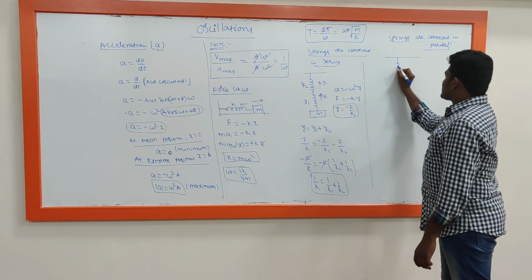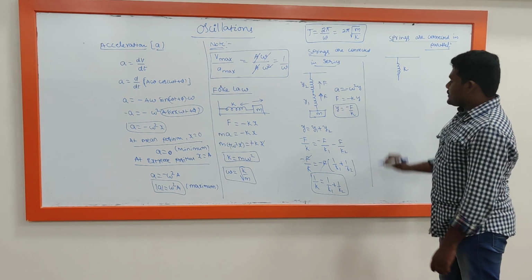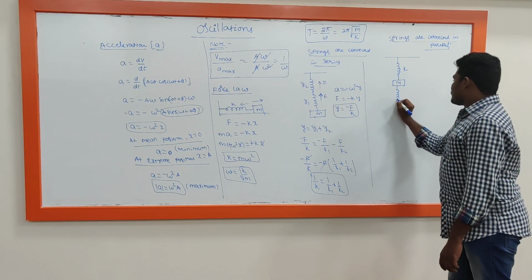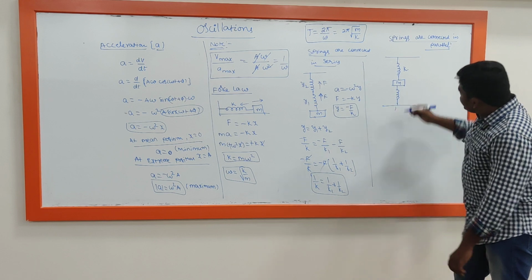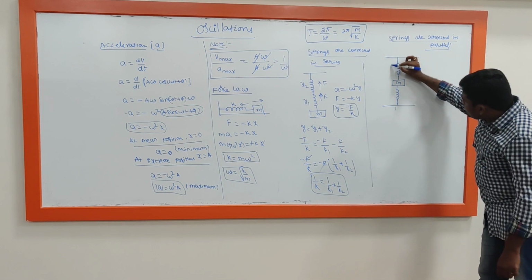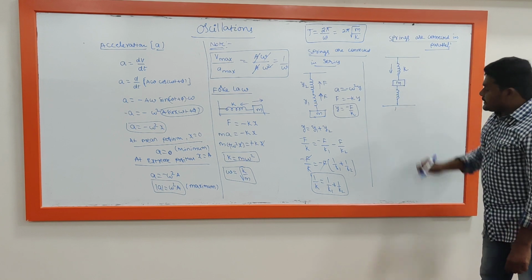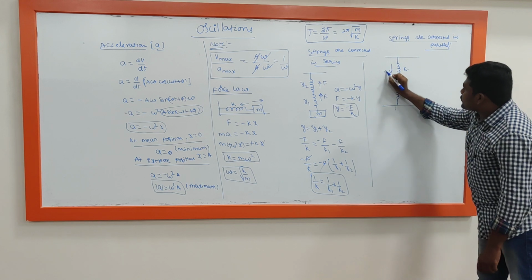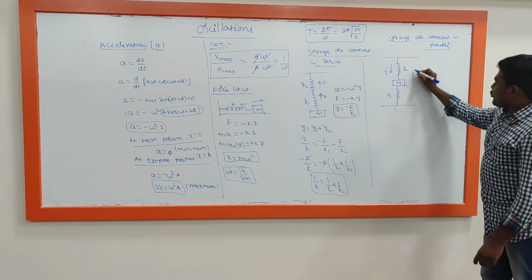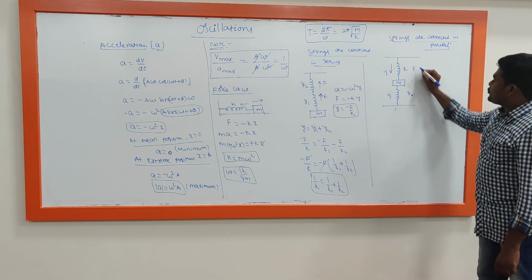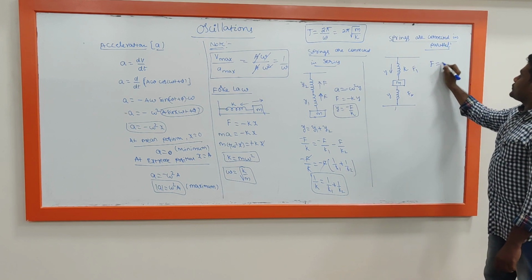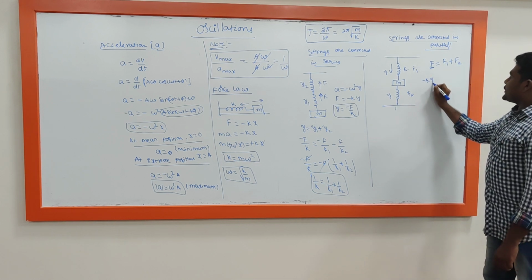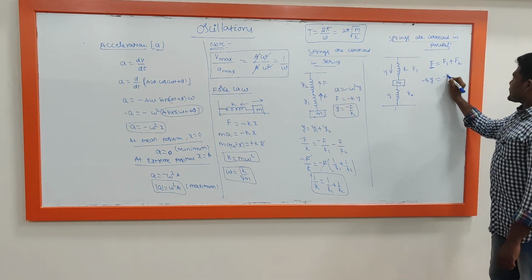So here is a support, a spring of force constant K, and in between is a block of mass M. For that, one more spring we are going to connect. So here the block is connected. If this spring is trying to move toward the side, then in a similar way, how much will decrease, that much will increase in this. So the net displacement will be the same in both cases. So that means force, here force F, I am taking here force F2. So the net force you can write F is equal to F1 plus F2.